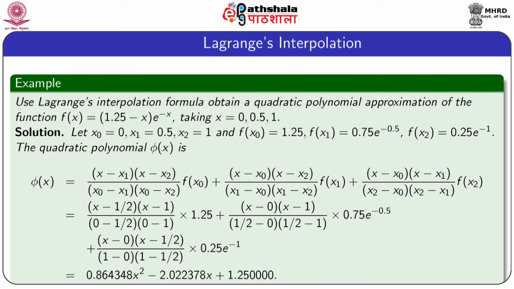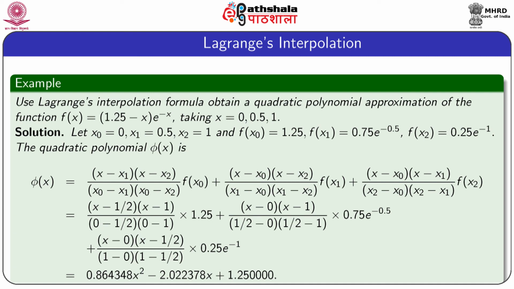So, for this purpose we assume that x0 equal to 0, x1 equal to 0.5, x2 equal to 1, and f of x0 equal to 1.25, f of x1 equal to 0.75 into e to the power minus 0.5, f of x2 equal to 0.25 into e to the power minus 1. Thus, the quadratic polynomial phi x is given by this expression. This is nothing but the Lagrange interpolating polynomial phi x equal to (x minus x1) into (x minus x2) whole divided by (x0 minus x1) into (x0 minus x2) into f of x0